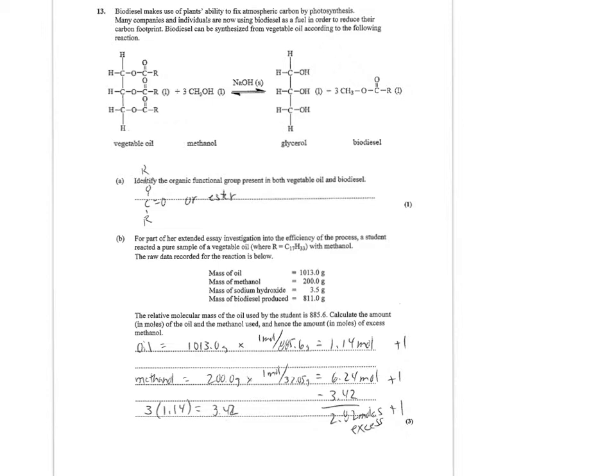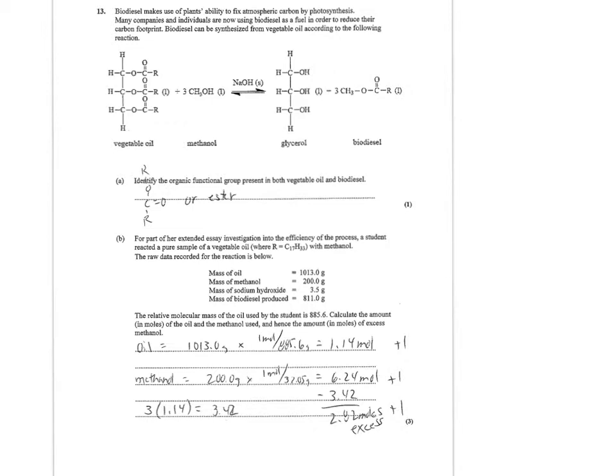So identify the organic functional group. Even though we haven't gotten to this yet, if you look at vegetable oil and biodiesel, the thing they have in common is this OCO group, which is known as an ester. So if you just came up with the structural formula for it, that was enough for me to give you a mark. And then down below they give you some data, the raw data of the oil, methanol, sodium hydroxide,